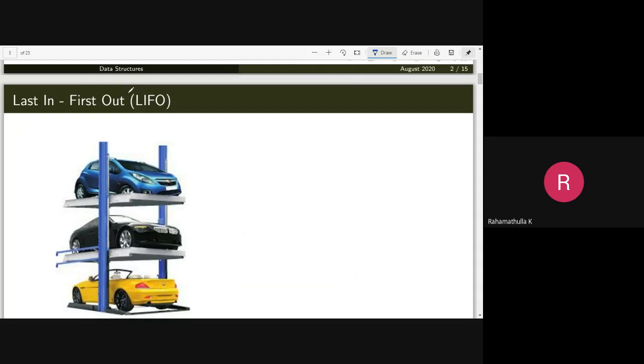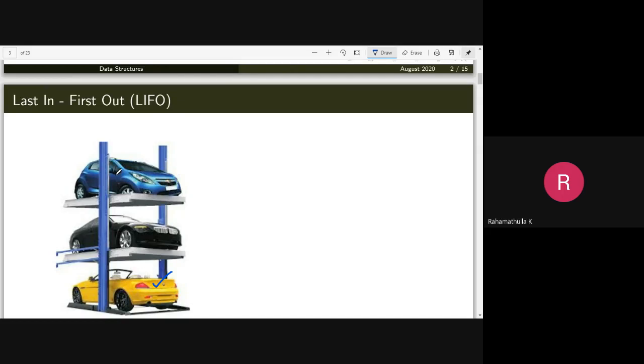So the last in first out structure is nothing but the last entry that has come in, the yellow one, goes out first. This sort of a scenario will come up very often in your day-to-day life and many other applications. So if you are trying to implement or utilize some situation where you have this last in first out structure, then probably you will have to use the stack data structure.